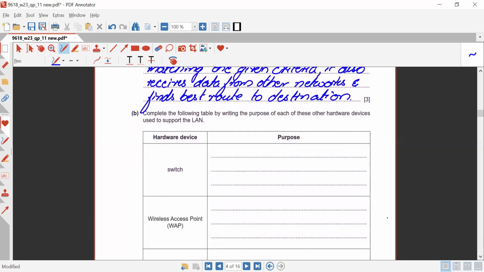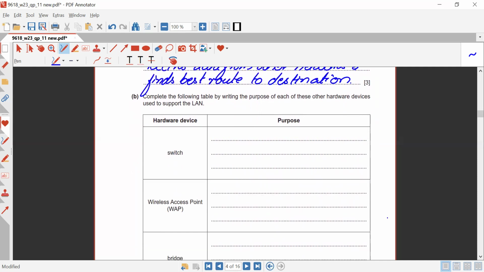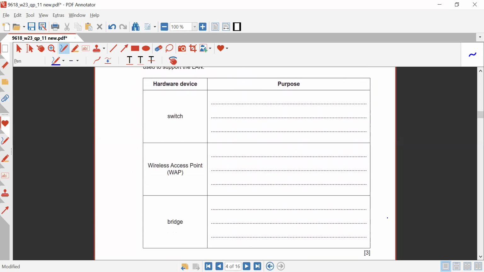Now they are saying, complete the following table by writing the purpose of each of these hardware devices used to support the LAN. Now, obviously, when it comes to the LAN, we do require multiple devices. Like we do require the bridges, the amplifiers, the switches, the wireless access points. So now we need to describe what is the purpose. When it comes to the switches, switches are utilized to allow two or more devices to communicate with each other, as well as they connect individual devices with each other. So we can write